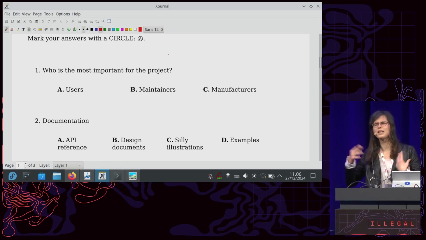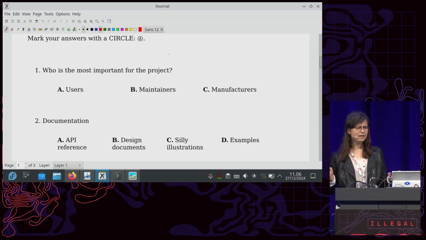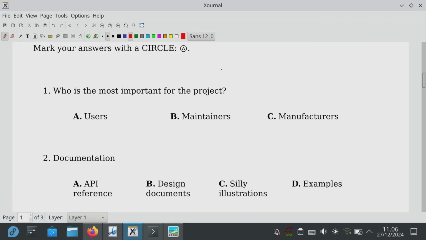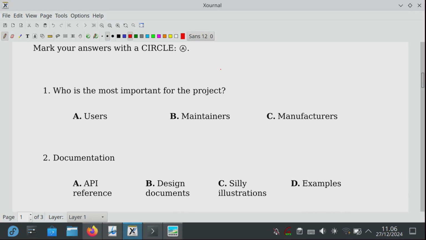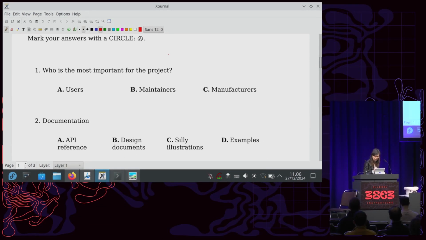We do the thing that we need, and we try to focus on our needs. But with libobscura, I wanted to change it. I wanted to make it easier for users to be able to actually use it, because otherwise, what's the point of the library? So users are the greatest priority for libobscura, and also manufacturers.